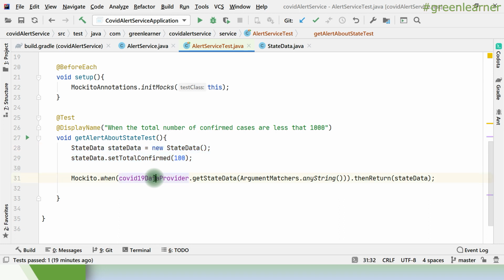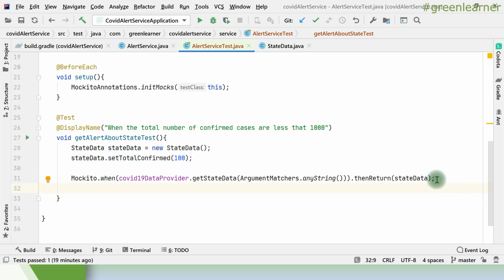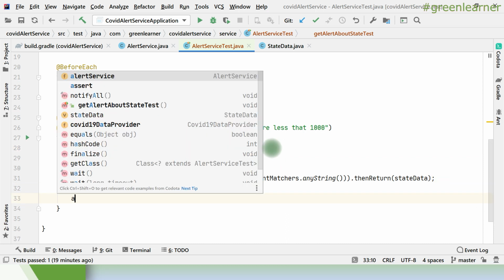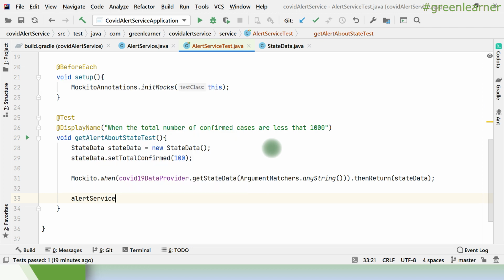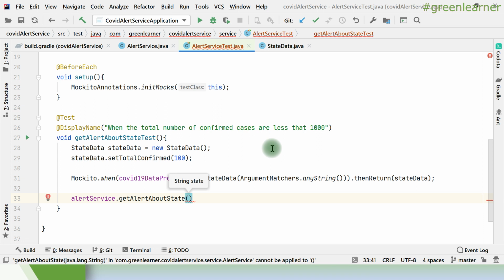So here Mockito is doing this: for get state data, any string that you pass inside this one will return the state data that is here. So I'll always get this one, right? Now call the actual one, that is alert service dot get alert about state.